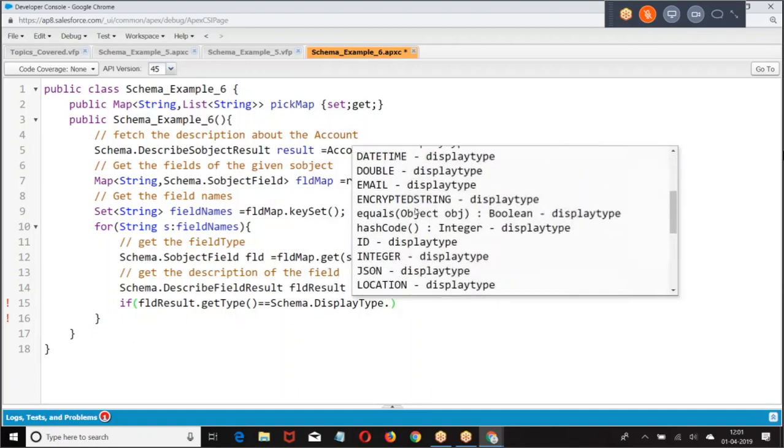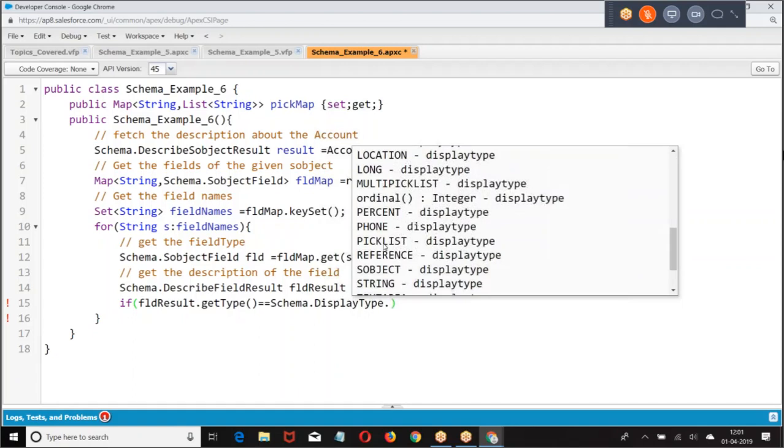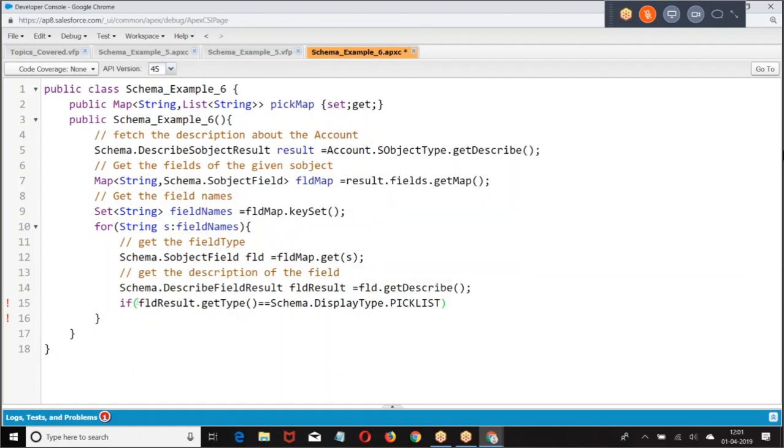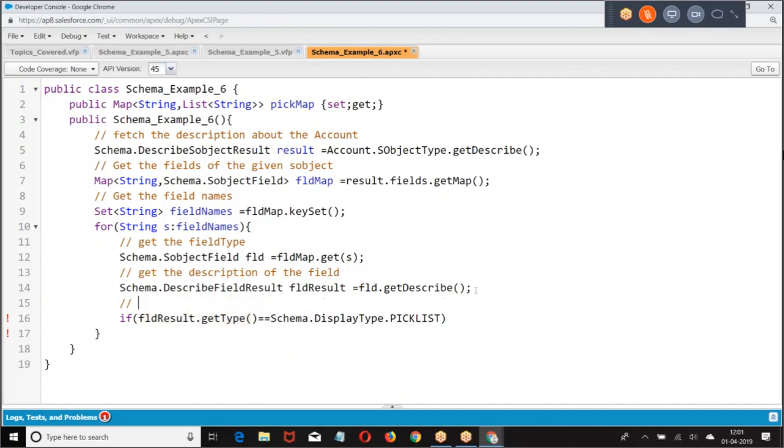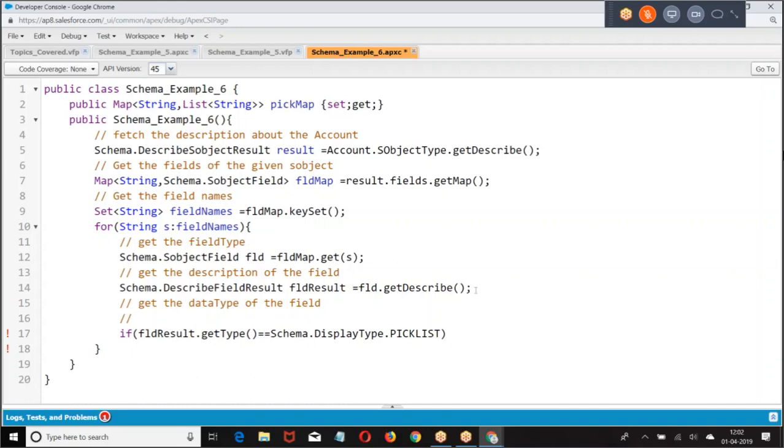Display type, pick list, is the data type. Field result dot get type. What was this? Get the data type. If the data type is pick list.